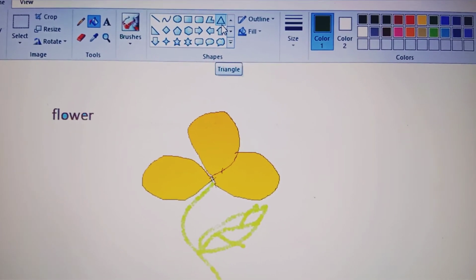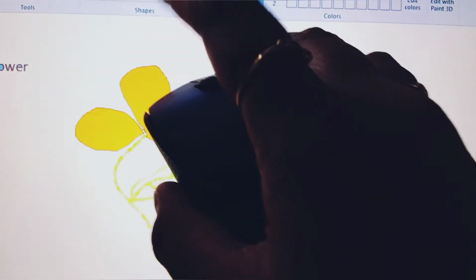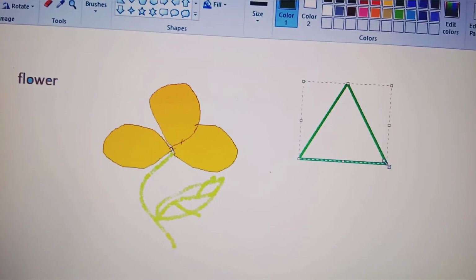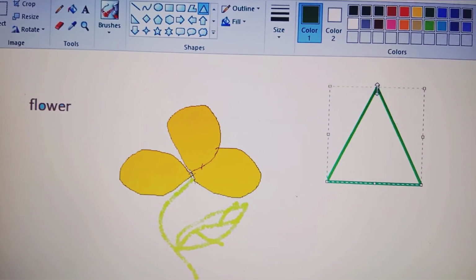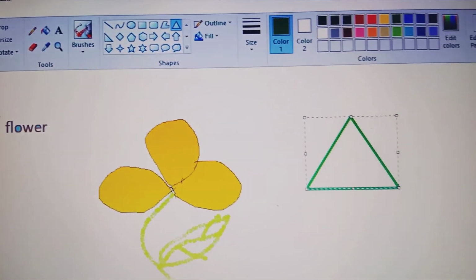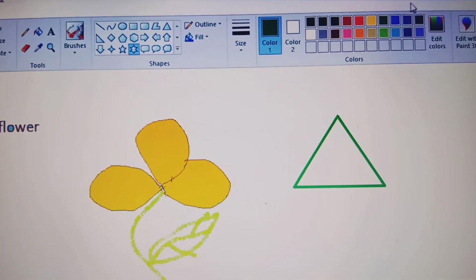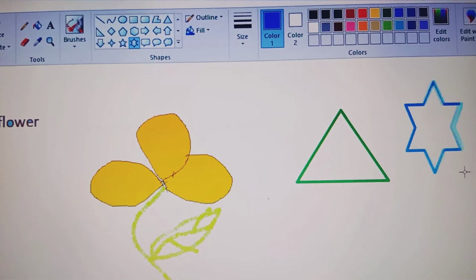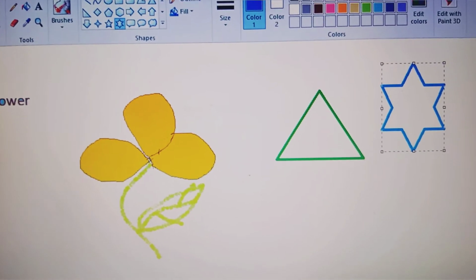Okay, to draw the shapes, first we have to click on it, then do the dragging. How we will do the dragging? By pressing the left button of the mouse. Okay, again I can resize it according to my wish. So in the shape tool you can draw any shape as you want. Suppose I took the star and I select the blue color. I want to draw here. Okay, now the star is also present.